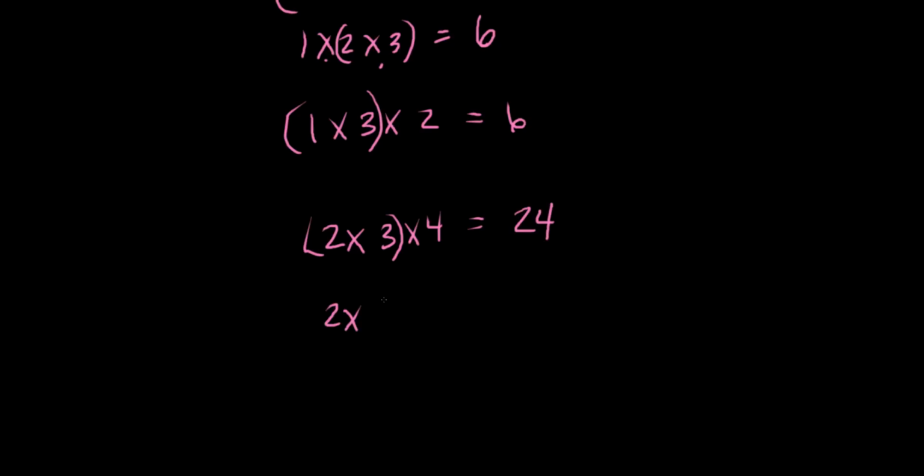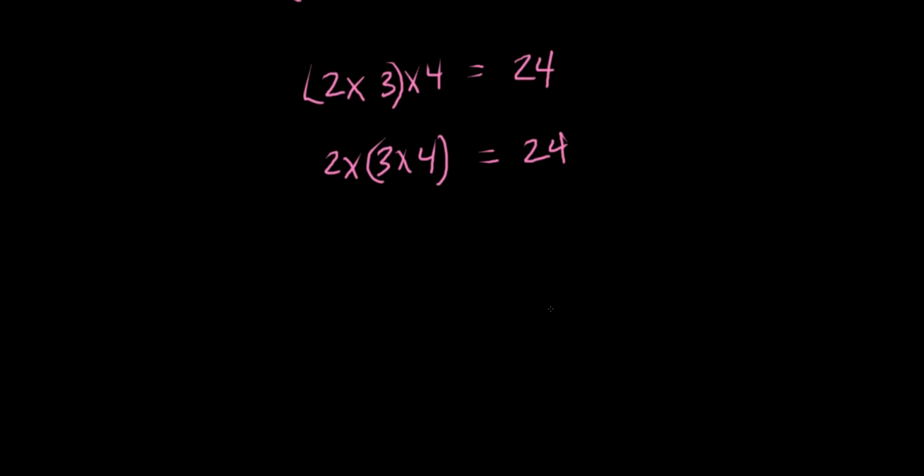Okay, but now I'm going to group it differently. So 2 times 3 times 4, where I group or associate the 3 and the 4 first. I got 3 times 4 is 12, and then I'm multiplying that by 2. Well, 12 times 2 is 24. And so we see that the associative property does hold for multiplication just as it does for addition. So essentially the rule, the associative property of multiplication